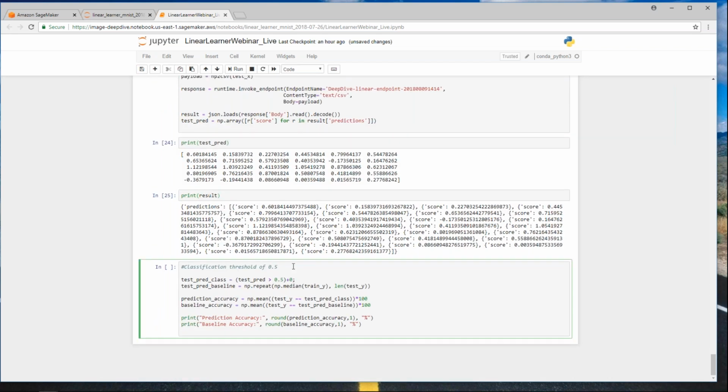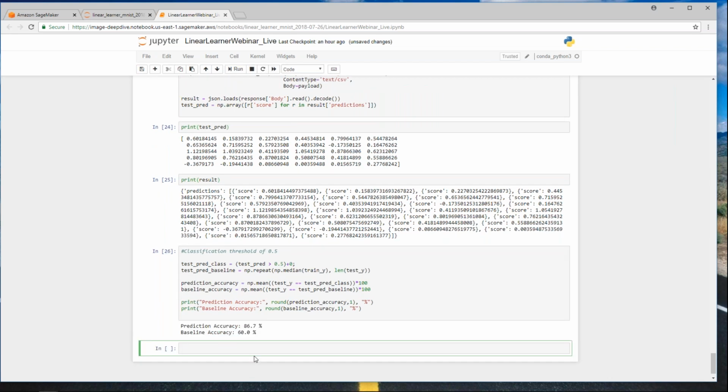Now, let's go back to the beginning here. Binary classification is from 0 to 1. So what I'm saying is that if my score is above .5, then that means I believe something to be true. In this instance, I'm predicting that if my score is above .5, then that particular property is a value greater than 22,000. If it's below .5, then the value should be less than 22,000. And this is just a quick math to see how we did. So 86.7%, not great, but for just a quick demo that we threw together like this,